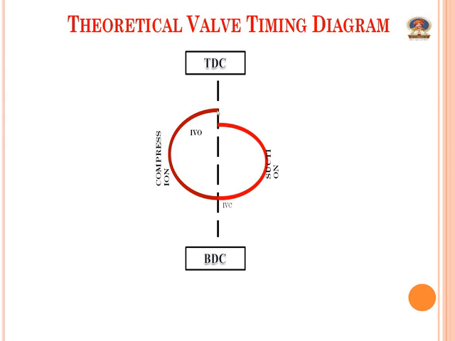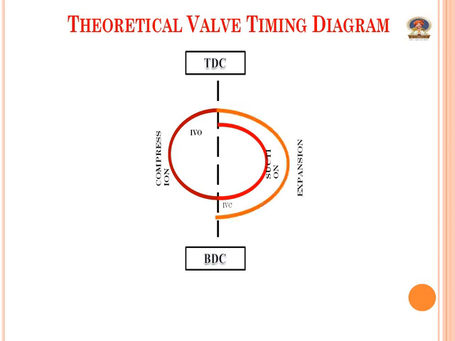At the end of compression in a theoretical diesel engine, it is assumed that we inject the fuel, and due to the heat of the compressed air, the fuel gets ignited and creates high pressure. Due to that high pressure, the piston moves downward from TDC to BDC, and that stroke is called